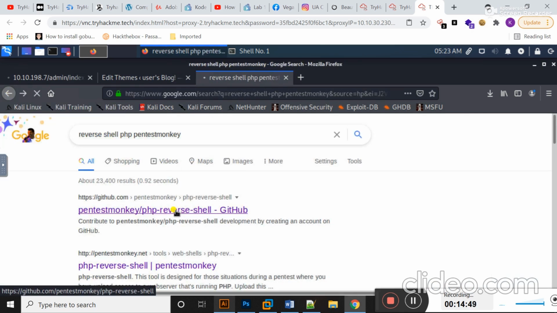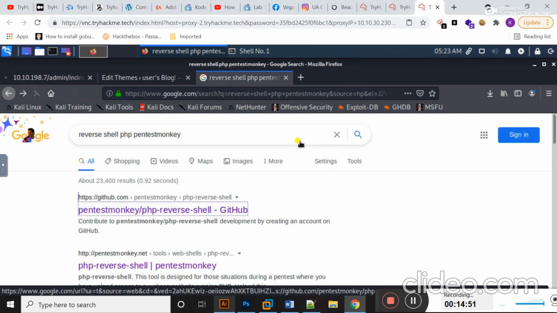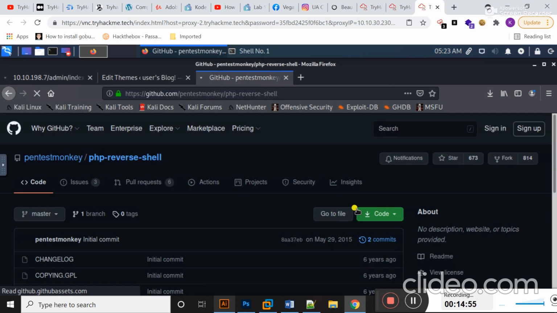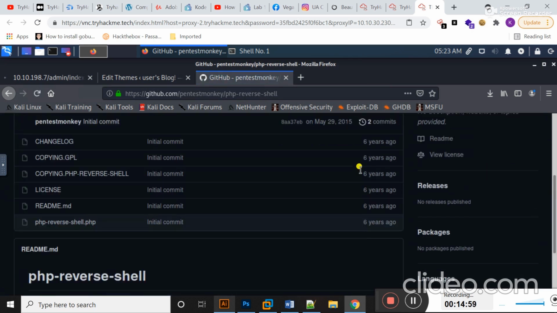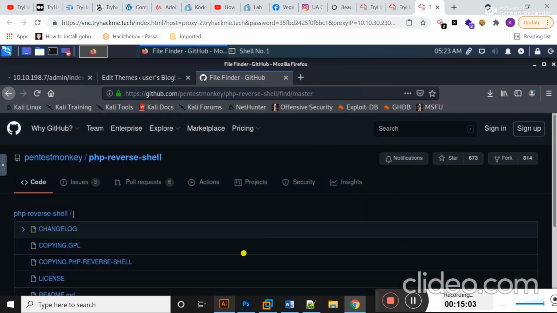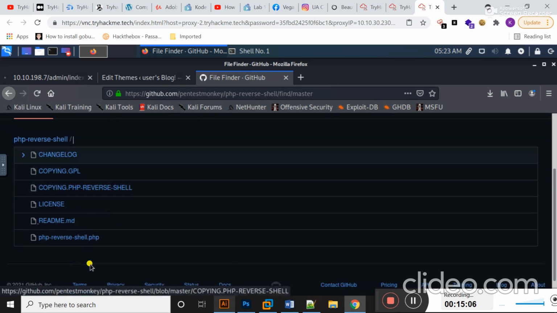I move to GitHub, go to file. Here you can see PHP reverse shell is present.